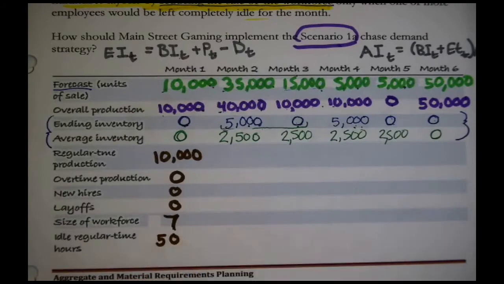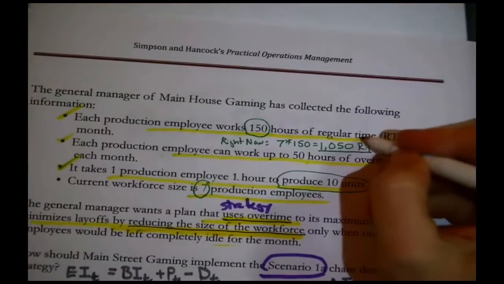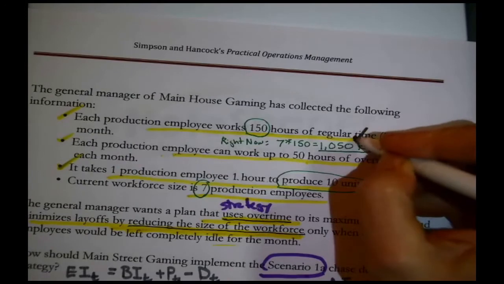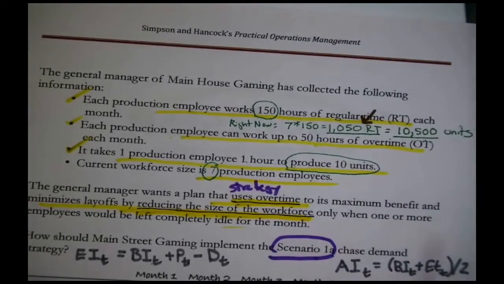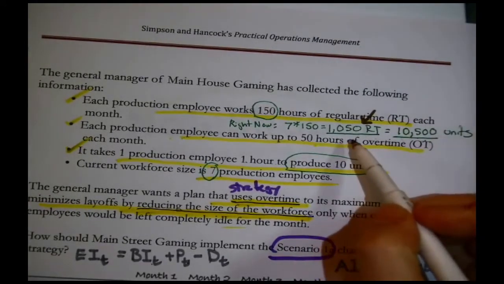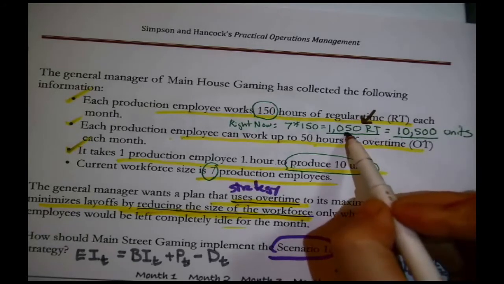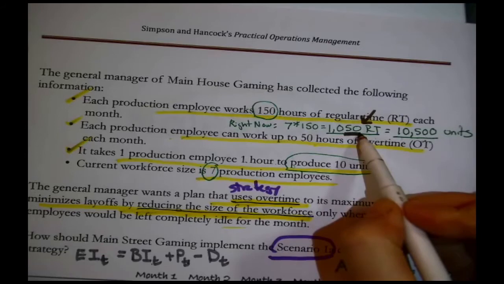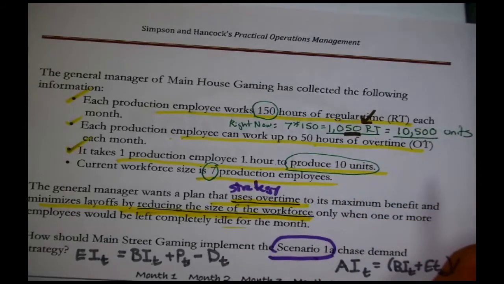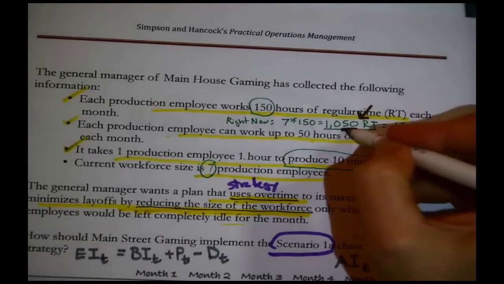You say, huh, what? Where does that come from? To produce 10,000 units, you only need 1,000 regular time hours. Your 7 people are going to provide you this many regular time hours. That's just logic. It's telling you that there's 50. We'll give them something else to do, like repair the machinery or something.